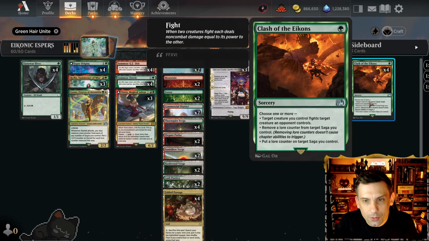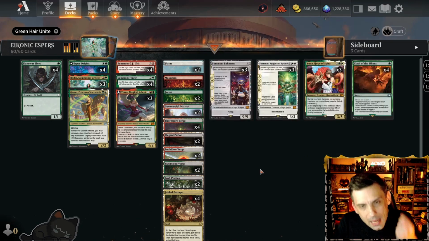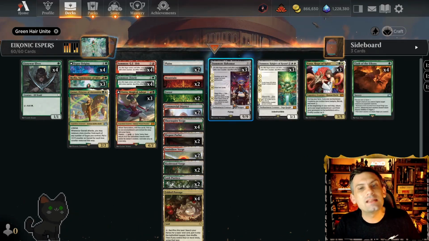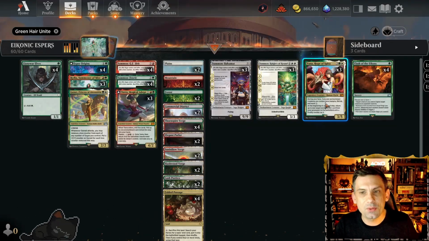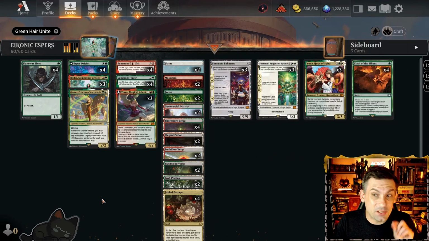But you're probably wondering, what are the other sagas that we can use Clash of the Icons with? What are the other enchantments we can bring back with Yuna? And most importantly, how are we getting these things into the graveyard so that we can cheat them out quicker with Yuna? We're going to answer that in just a moment, because we're going to start at the bottom of